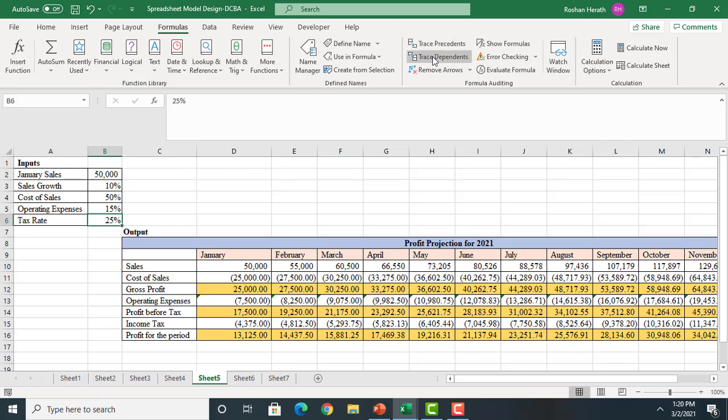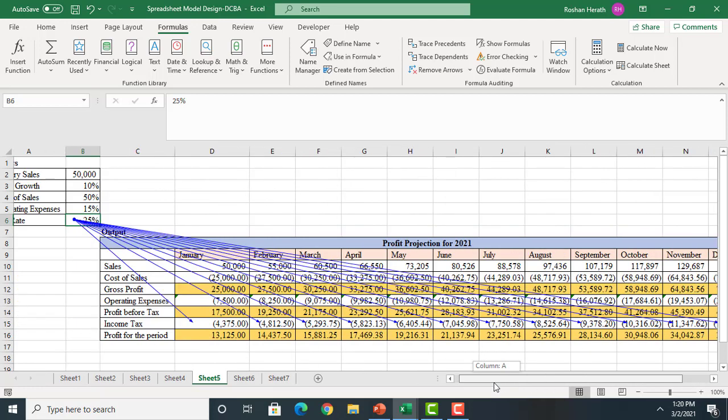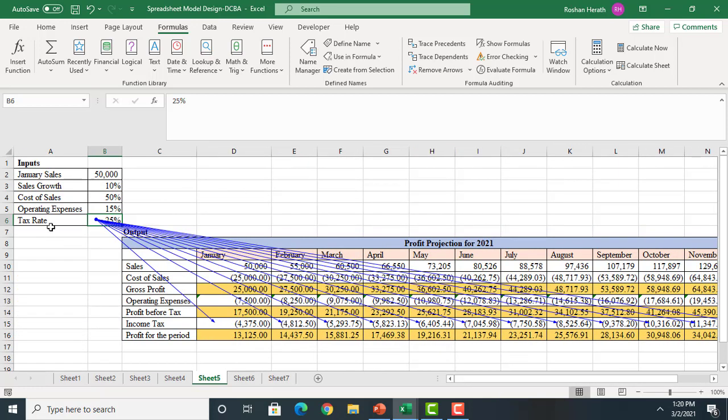You can click on the trace dependents. See? This income tax figure of all the months is dependent on the tax rate. If you click one more time, you can see that even for the purpose of calculating profit for the period, you have made use of this income tax. In fact, you deducted it from the profit before tax. So profit for the period